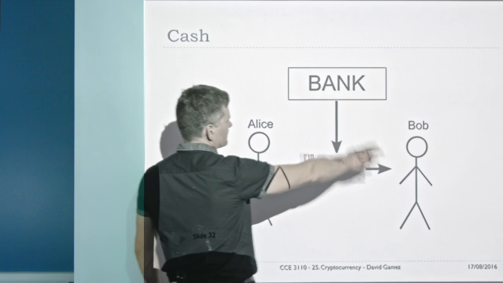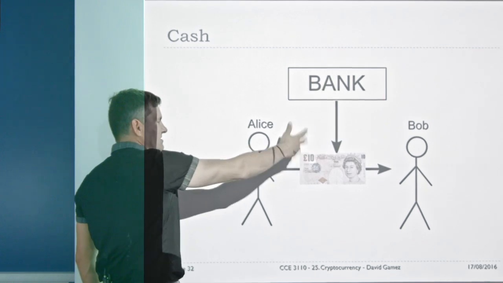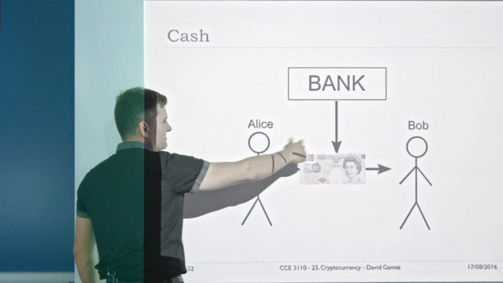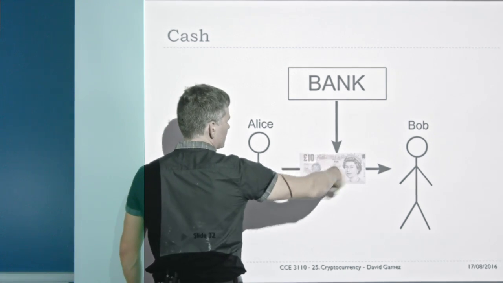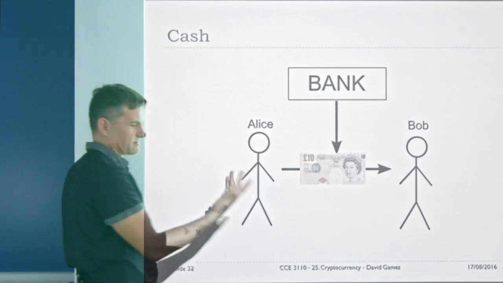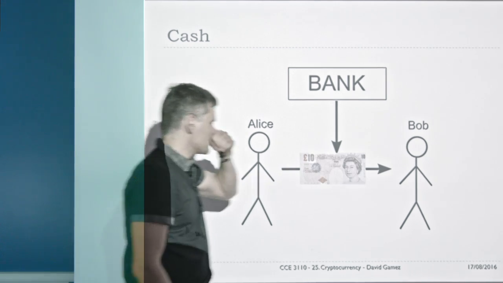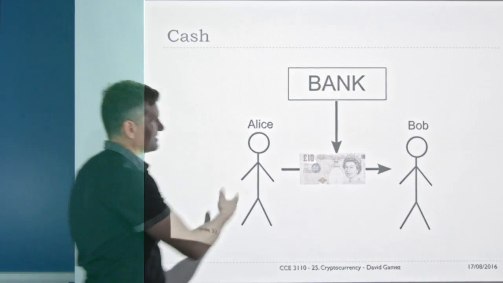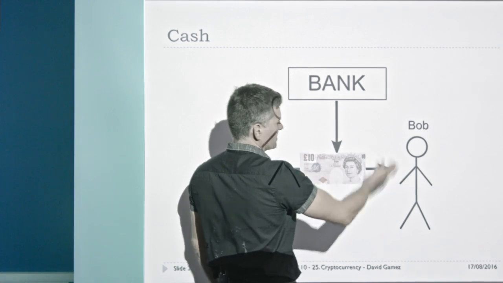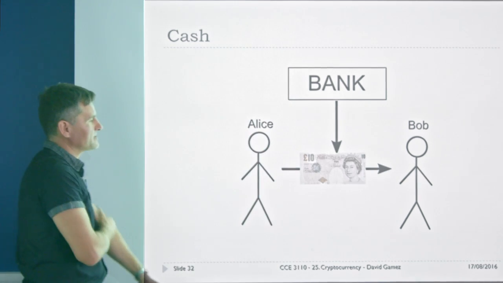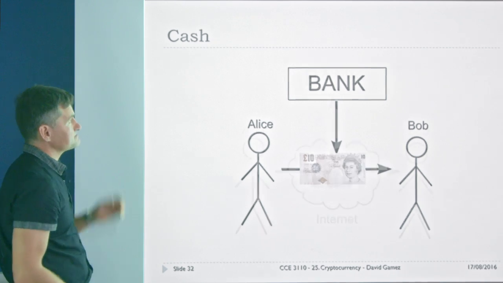In the case of a bank, the bank is responsible for limiting the supply of money, so you don't have too much of it. And the bank puts all these anti-counterfeit measures into the notes, like the hologram, the bits of metal, the watermark, so that it's much harder to fake the money. So when Alice gives some cash to Bob, Bob trusts it, or puts his UV pen on it, or does whatever tests the bank determines are appropriate for that particular currency.